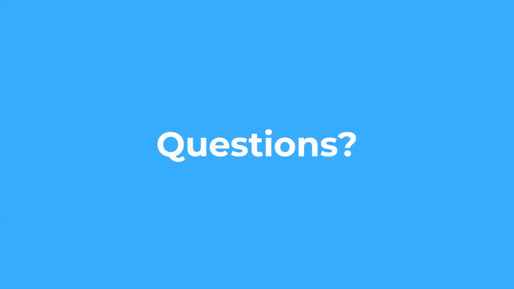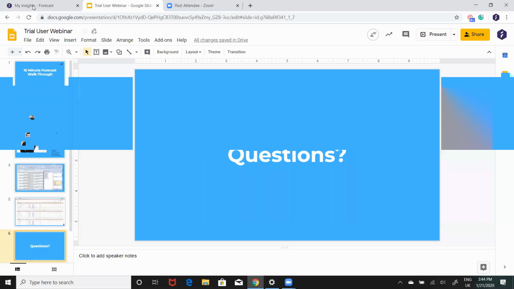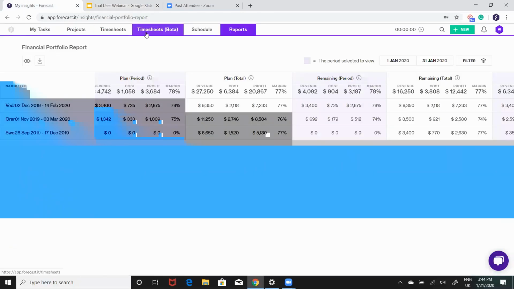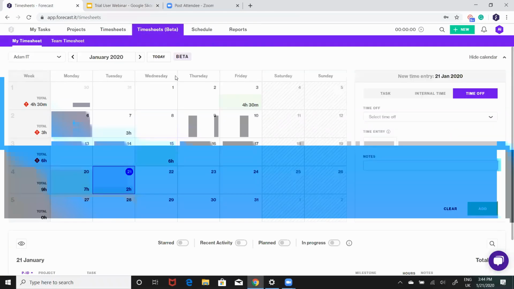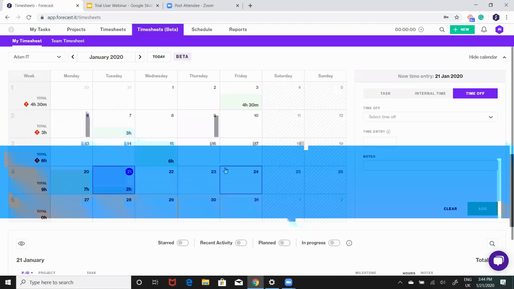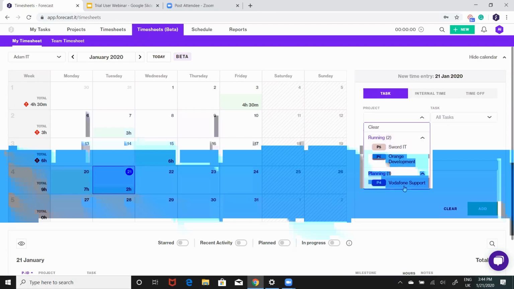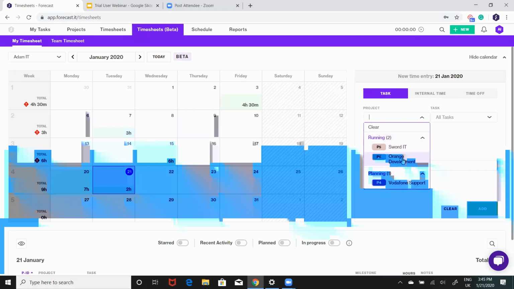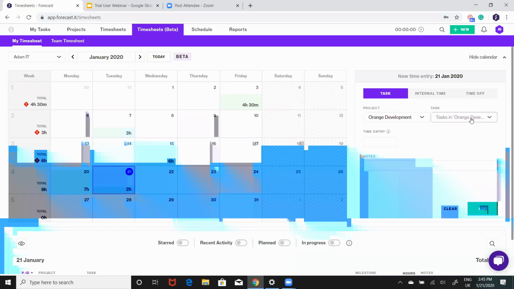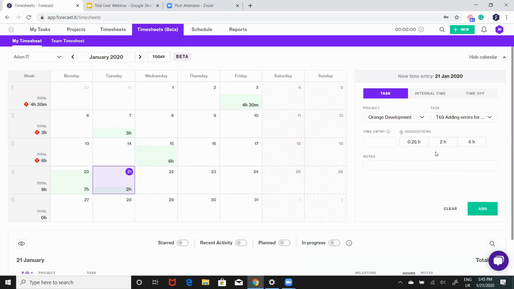No. In fact, there are a number of different ways you can register time in Forecast. Let me just show you what I have in mind. For example, there is the entire field of timesheets, which means that you get a clear calendar view with a given day. And here the procedure is rather simple. You choose a task for a given project. So for example, say this project on a given task, for example, T69,